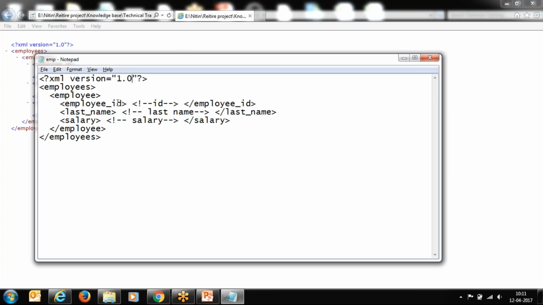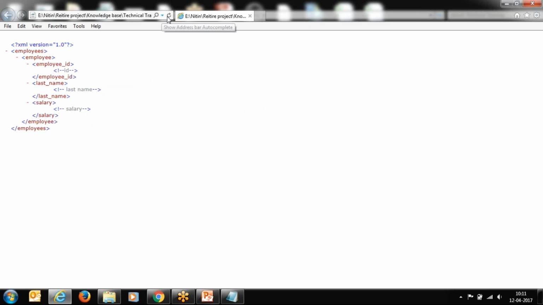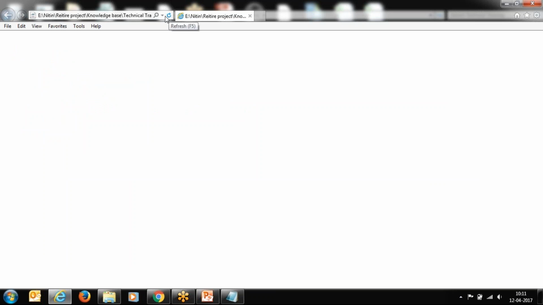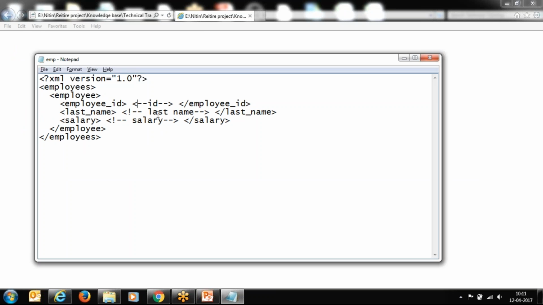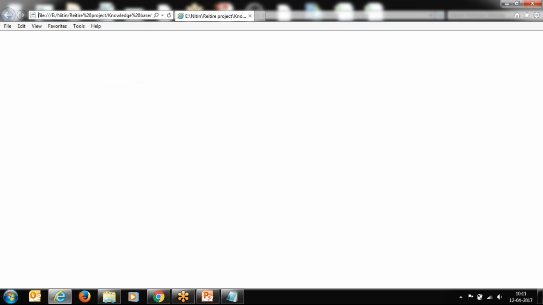It will display. If you make some mistakes here, you can see data is not getting displayed, right? And if anything is missing,